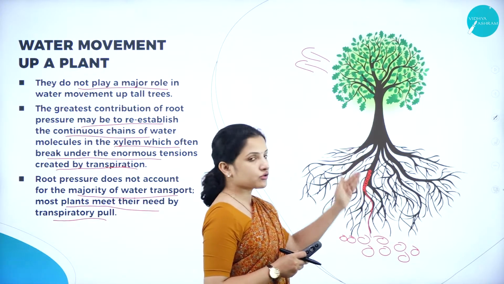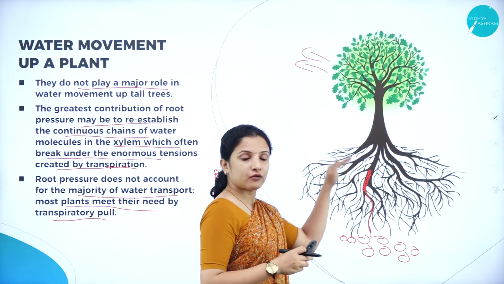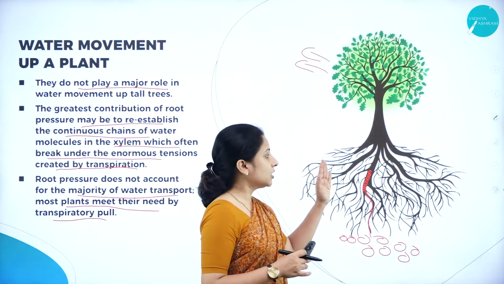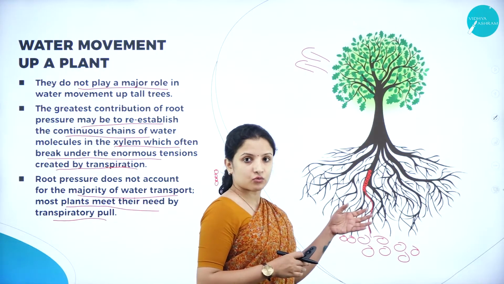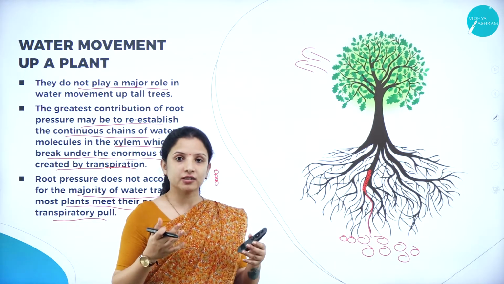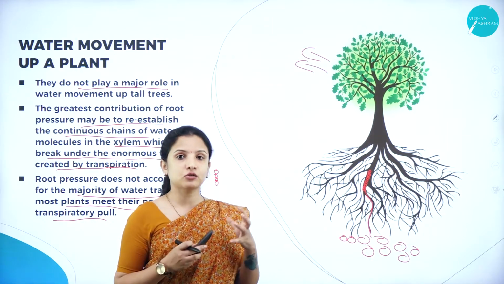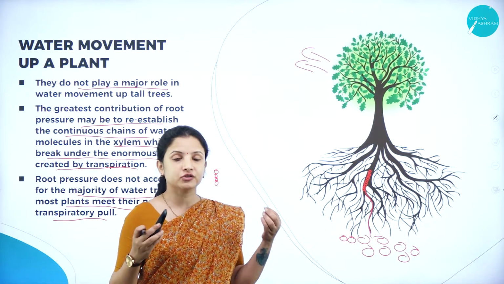The xylem should be continuously taking in water, right? The movement of water should be continuous through the xylem. So if that has to be continuous, what should happen? Chains of water molecules should be there. So how do chains form? It is called cohesion, wherein the water molecules stick to one another and form long chains through hydrogen